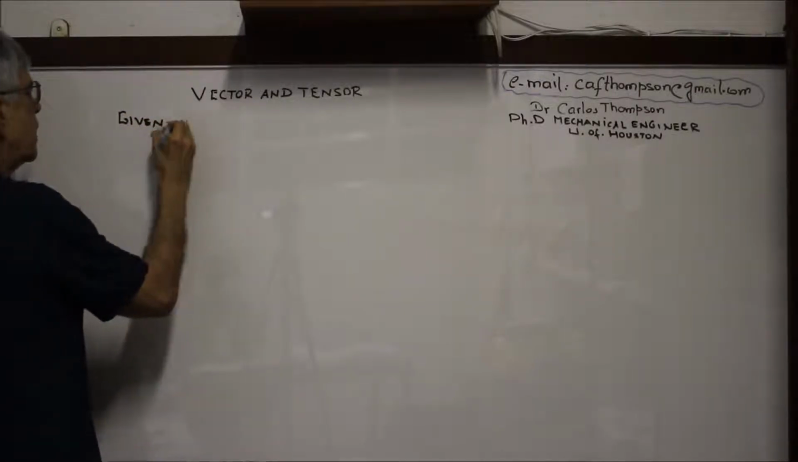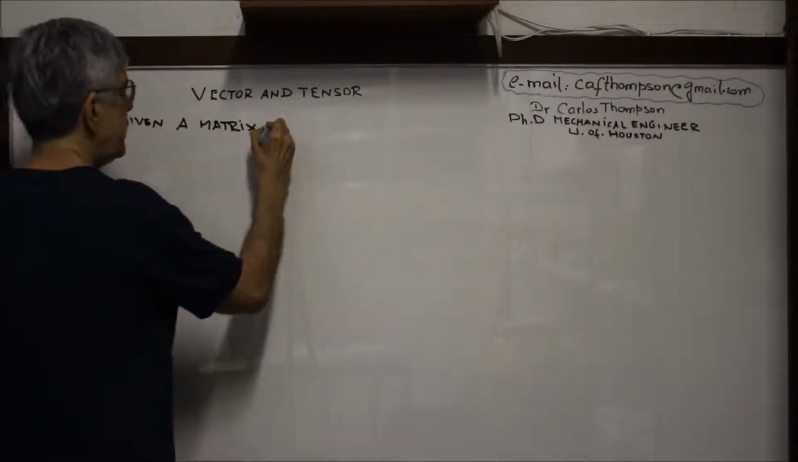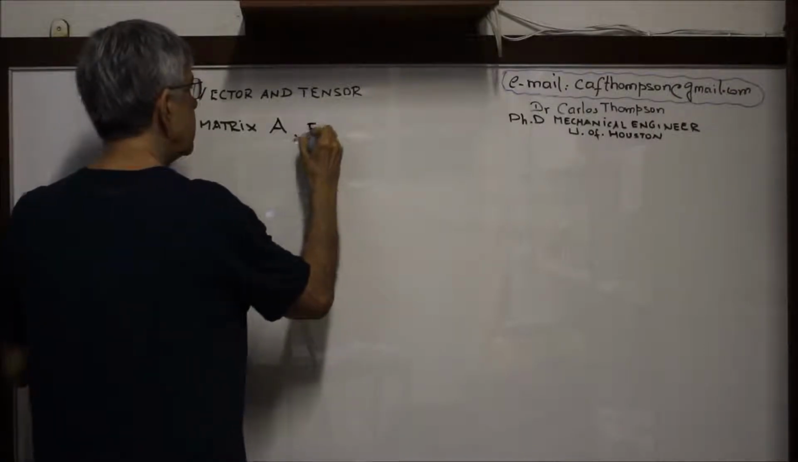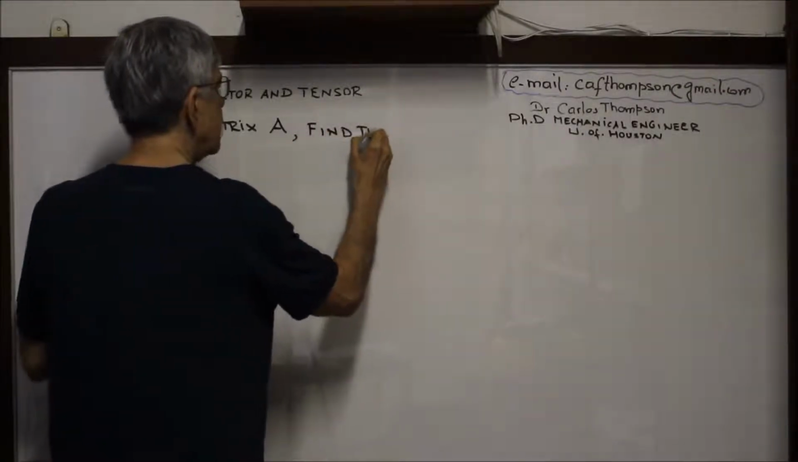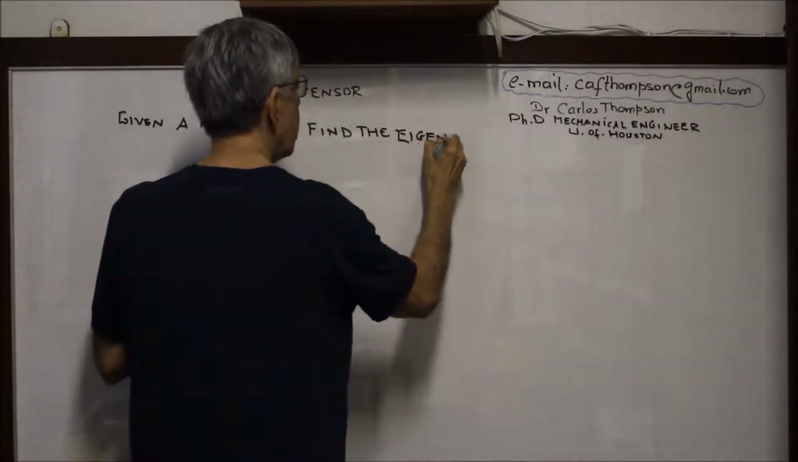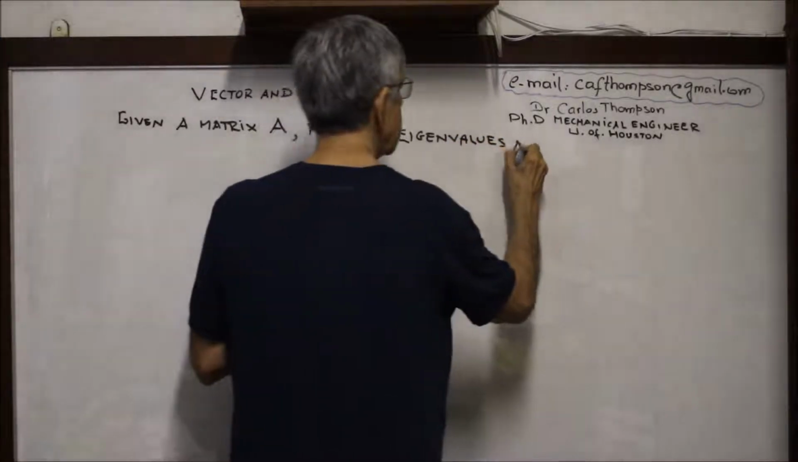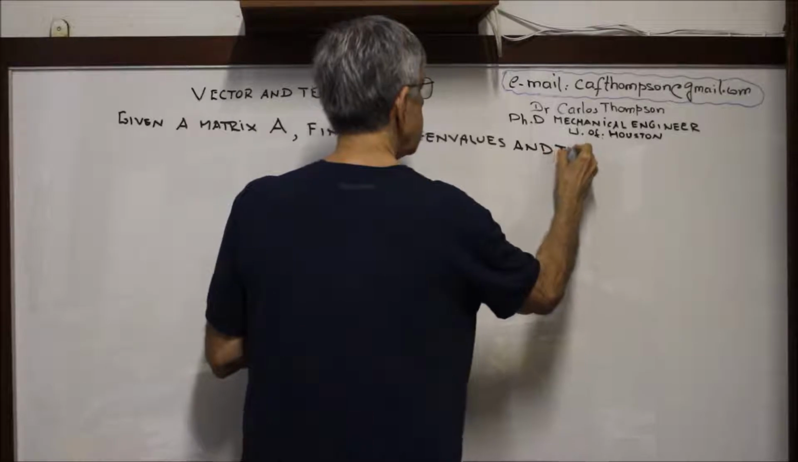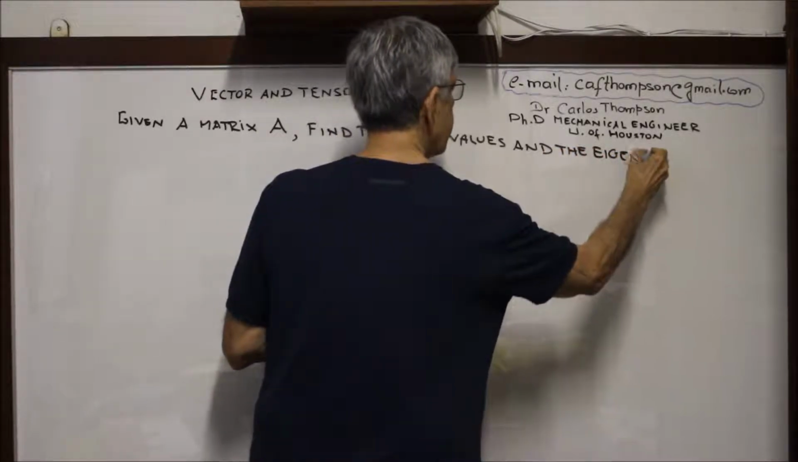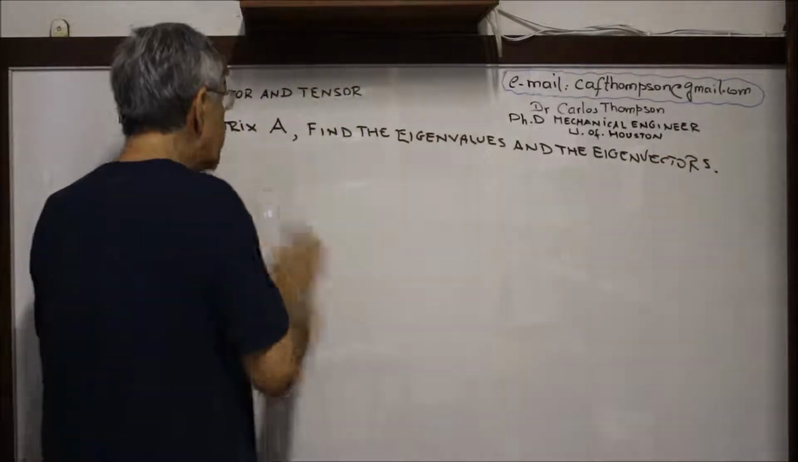Given a matrix A, find the eigenvalues and the eigenvectors. First of all,